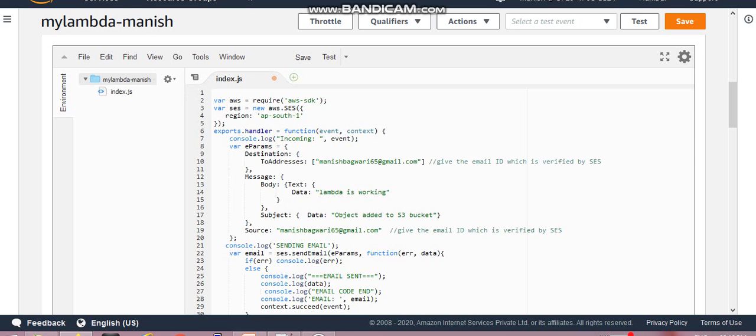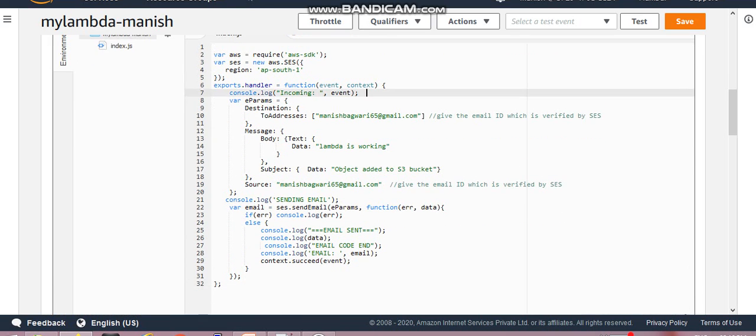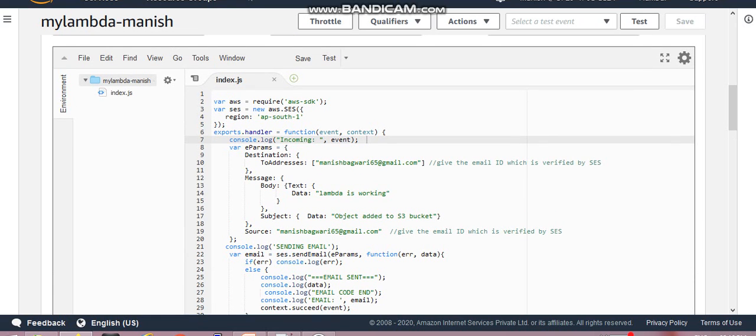In index.js you can put your code here. I have copied the same code. First, save this code. We are using Node.js, so we need the AWS SDK module; import that module.